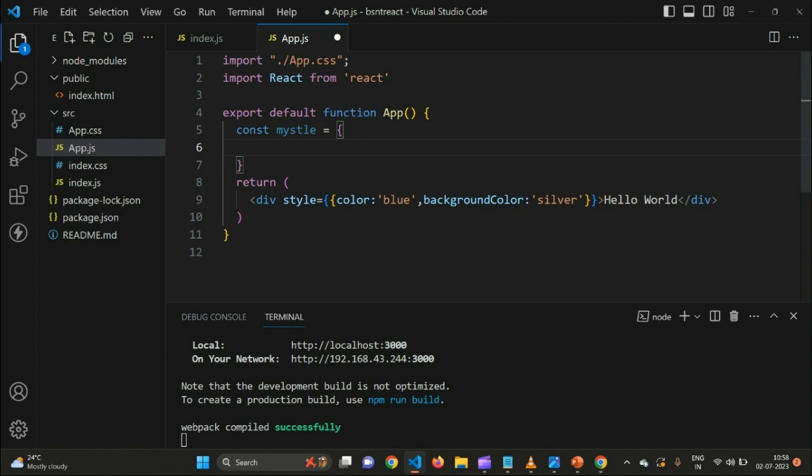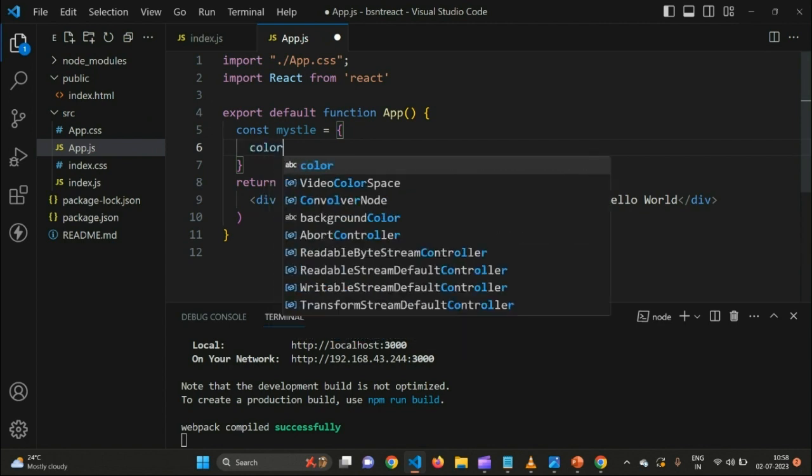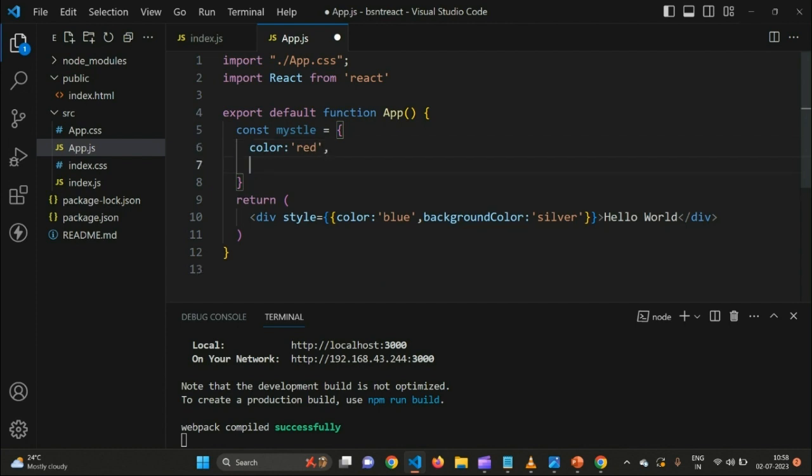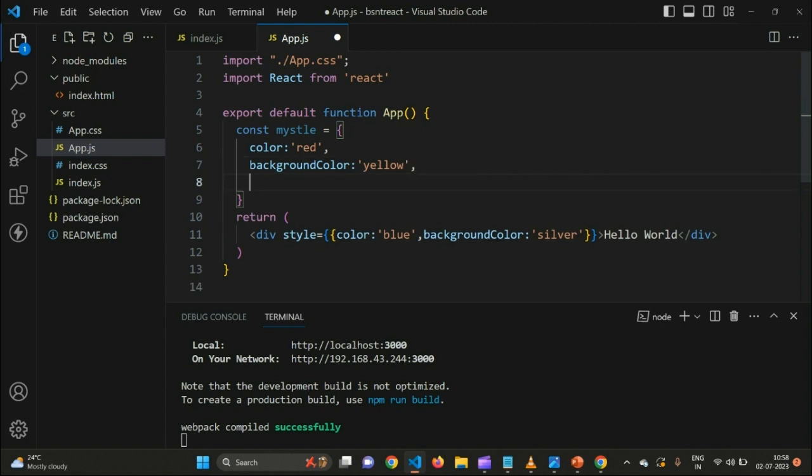I give color colon, this time red. Then the next attribute I'm giving is background color as, say, yellow. So these attributes I have created, and I can give maybe a few more attributes like